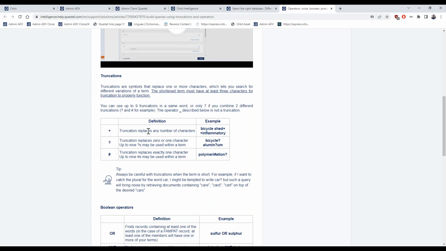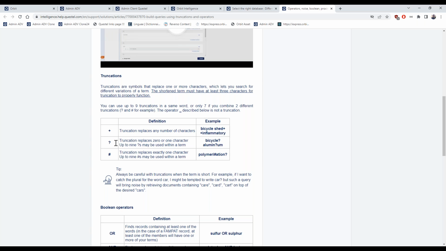So you will probably have a slowness issue because of misuse of this truncation.